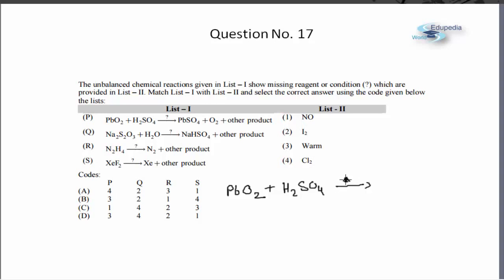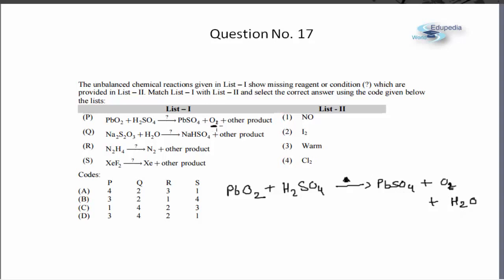Okay, so once we heat it, the products will be PbSO4, that is lead salt, plus O2. Just in case the other product is not required, but from knowledge point of view, we can write the other product will be H2O, because it will be a double displacement sort of a reaction. Initially PbSO4 and H2O2 will be formed, but H2O2, as we all know, is highly unstable and it will decompose into H2O and O2 on heating.